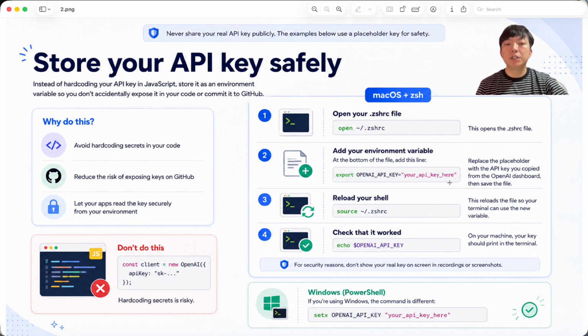Now we need to reload the .zshrc file so the terminal can use the new environment variable. Run this command. To check that it worked, you can run echo $OPENAI_API_KEY. If everything is set up correctly, your API key should appear in the terminal. For security reasons, I'm not going to show you the real output here, but on your machine, you should see